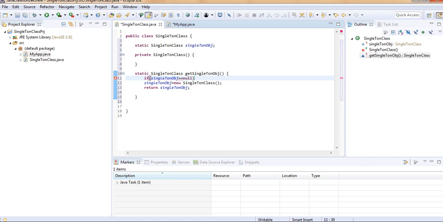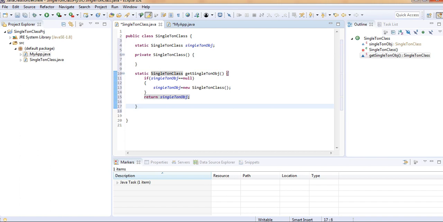Like only one time assignment I am going to do. That is what I was saying, one time creation. This is going to be a single object. That's why I took it as static here.